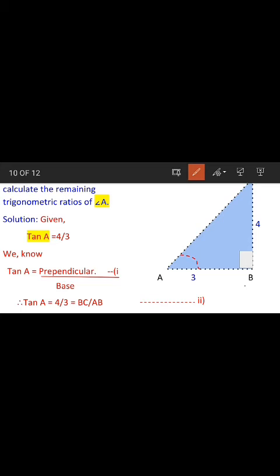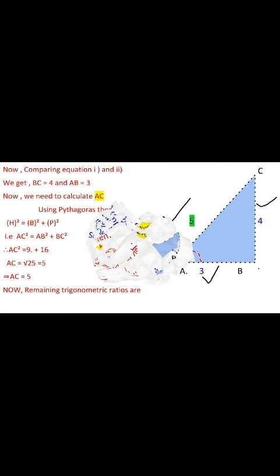Now when I consider these two equations and get this third equation, I observe that since tan A equals P upon B and tan A is also equal to 4 by 3, that means P upon B, perpendicular upon base, is equal to 4 by 3. Okay class, substituting the values of perpendicular and base, we get 4 by 3 equals BC upon AB. Okay class, now moving to the next slide.